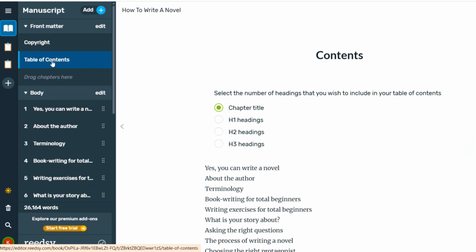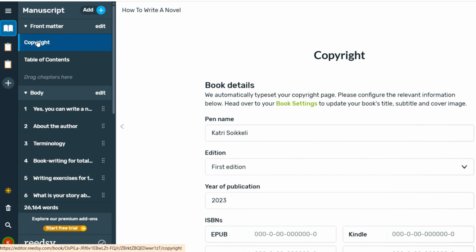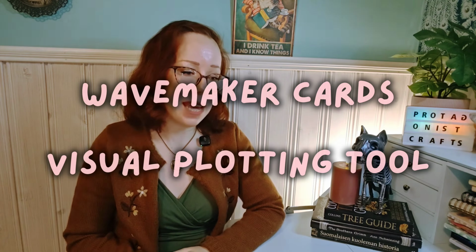But what this tool is best for is formatting your book. And it's great for self-publishing because it helps you create a professional-looking manuscript without you having to do the formatting yourself. For this video, I wanted to try a completely new software that I hadn't used before, and that is